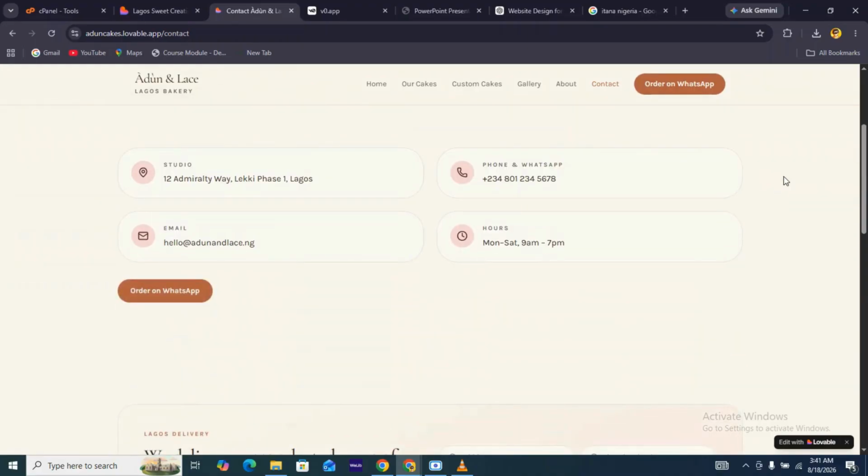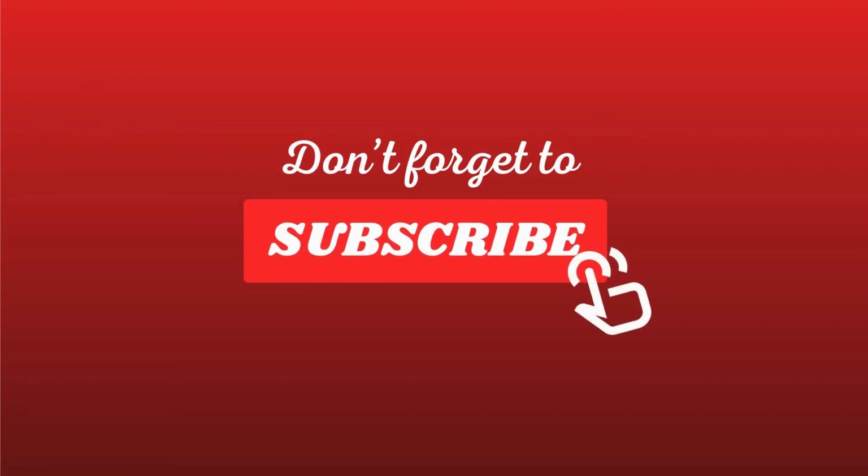So that's just the basics of publishing or building a website with AI. It's as simple as that. In less than 30 minutes, you have a website readily available that you can send to your